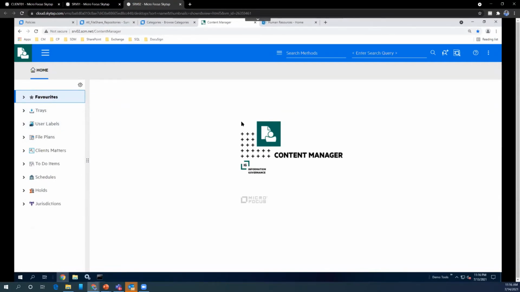For those who have no prior understanding of Content Manager, Content Manager is the record manager. We call it a record manager, and the core thing of record management is that every single item, every single object you store inside Content Manager, whether it be your documents, your contracts, or your retention plans, everything is stored in Content Manager as a record. When I say record, it means that it stores some information along with that.